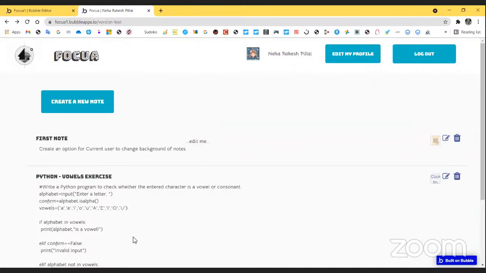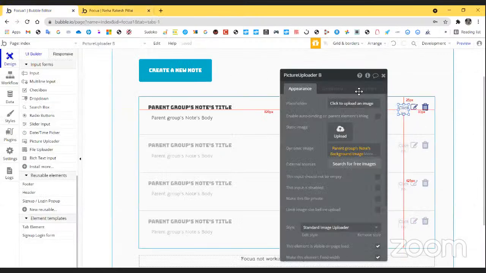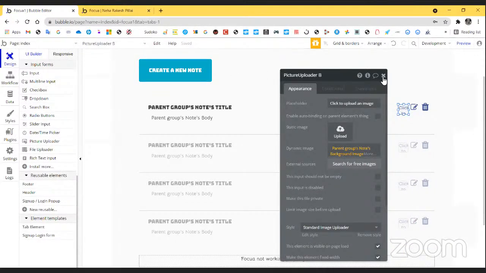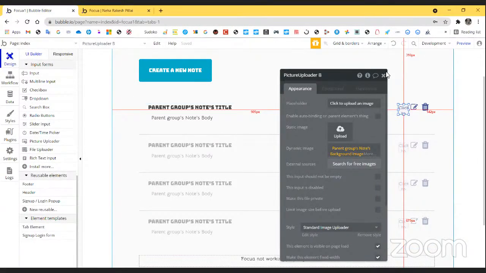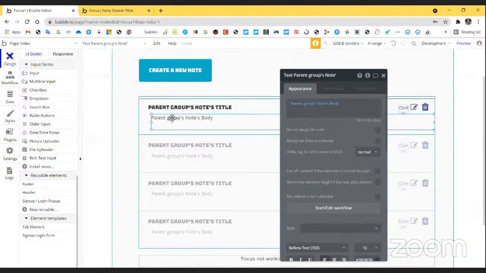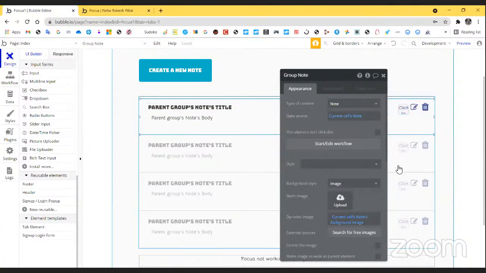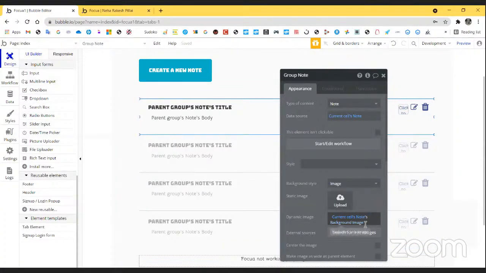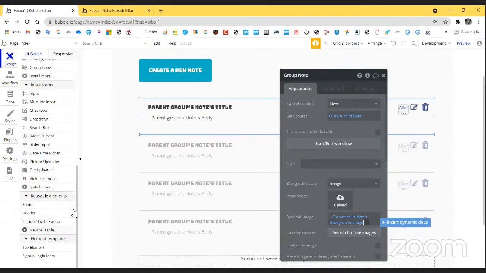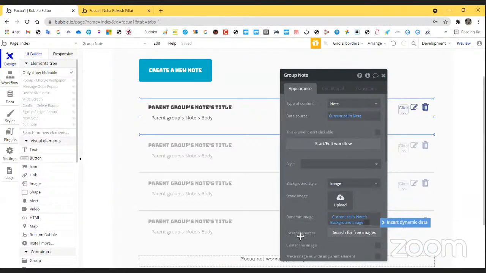Okay, I think go back to the code. I think we did not put it in the right place. Now, this background, the one you had before, click on the cell itself, the group itself. Can you click on the group? On the group, that's where the dynamic image is coming from. It's there, but I think